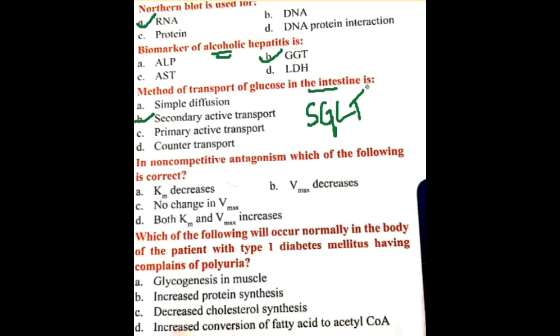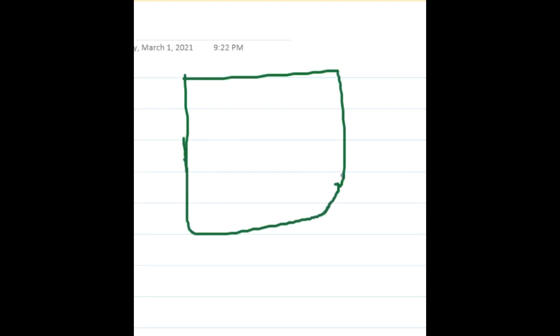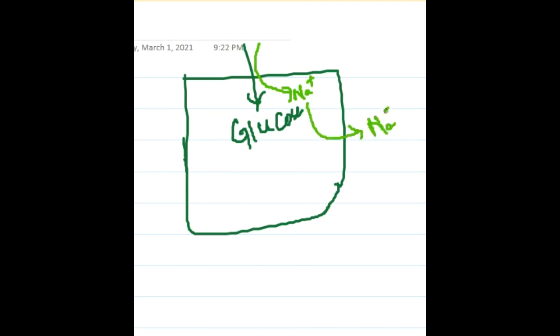I will just draw this secondary active transport so that you become familiar with it. So this is the intestinal cell. In the intestinal cell, first glucose will enter the intestinal cell along with the sodium. It's a sodium glucose symport. Glucose and sodium, both of these will enter. For the entry of sodium, 3 sodium will exit out and 2 potassium will enter, and during this process ATP is utilized